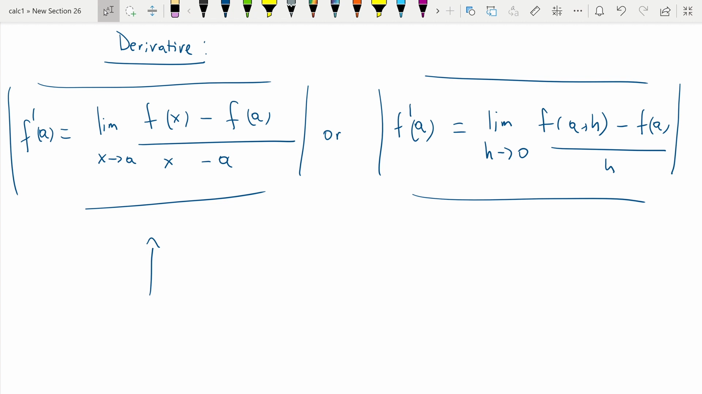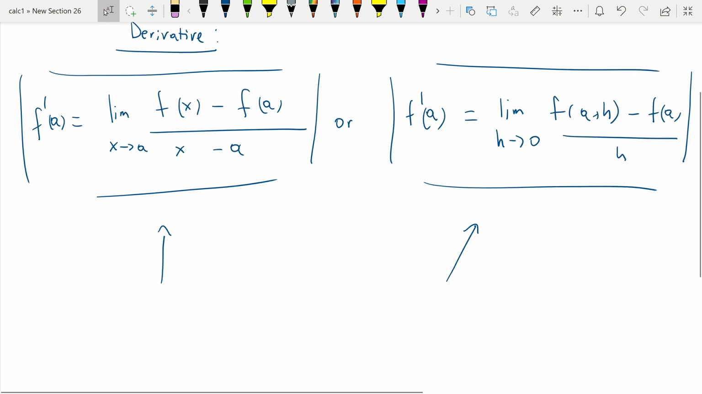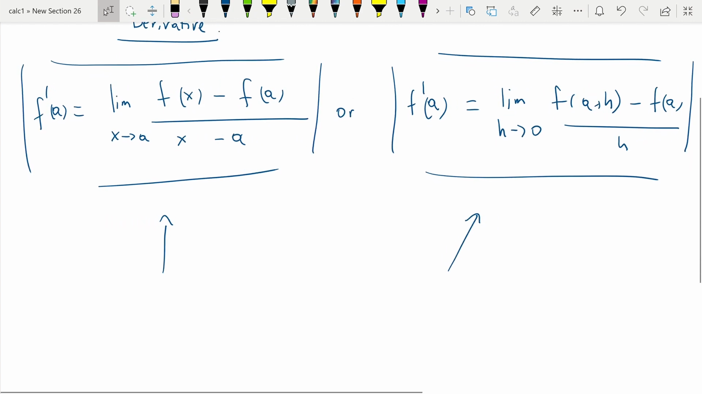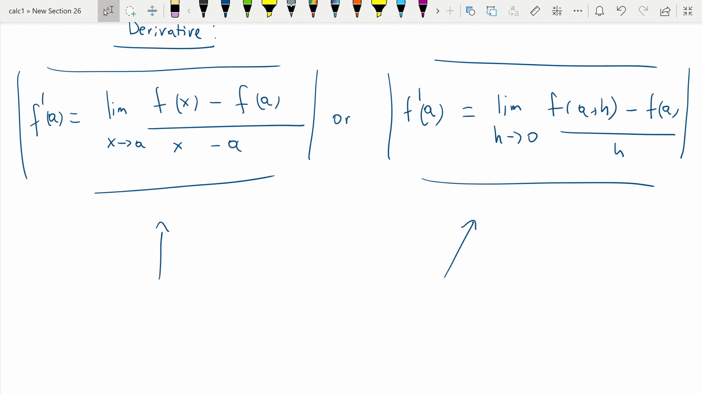Another way of writing that is, since x is a number that is approaching a, it's a plus something small. So another way of writing that is to say that f prime at a will be the limit of f of a plus h minus f of a divided by h. We talked about that last time, and they're both the same thing. I mean, h is in fact x minus a if you let x be equal to a plus h. So these two definitions are used, but the one on the right is